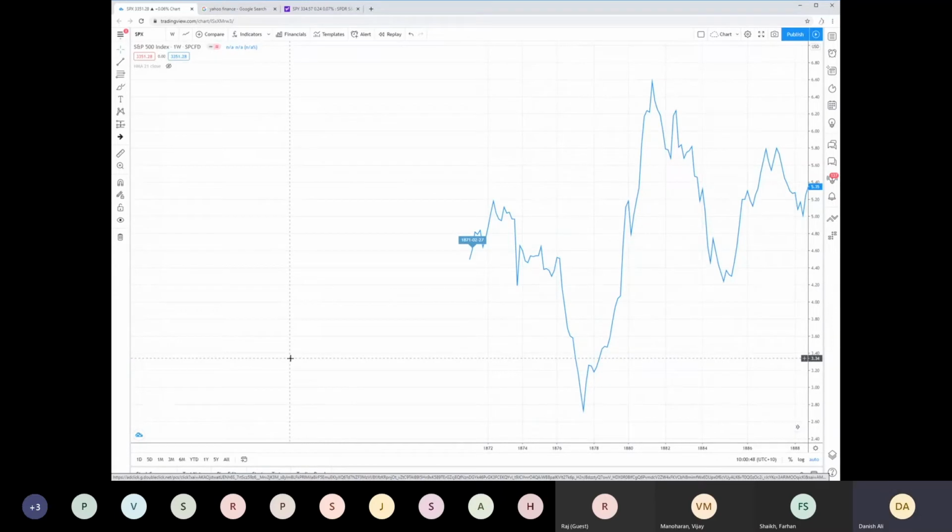This is the SPX index. I put all my money here. I do not touch any other thing. I do not trade any other instrument. My personal investment is just here. Okay.